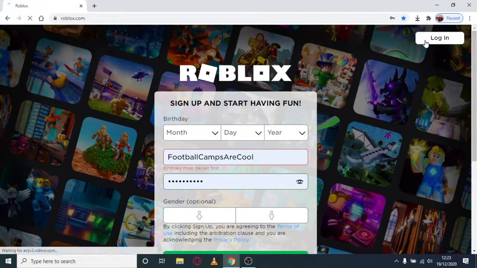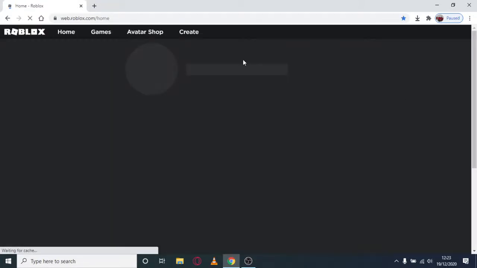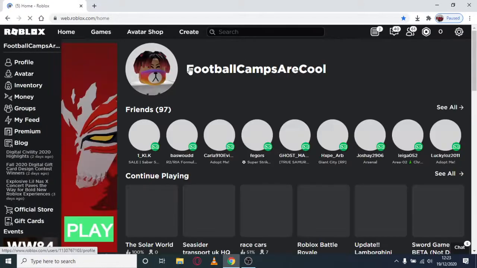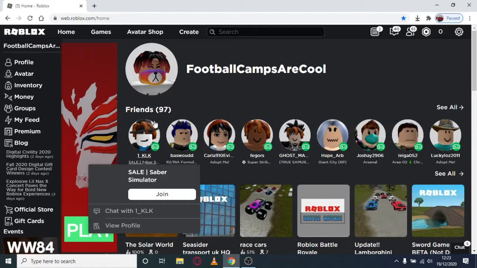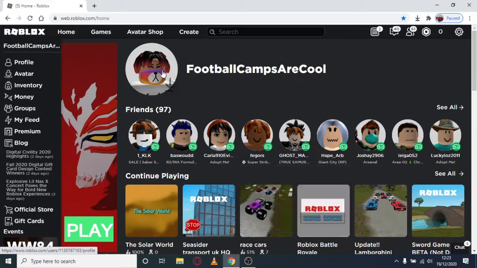Once you sign up, you log in, and this is going to show your username and all your friends. You're probably not going to have any friends once you start off, but I already do, because I've had this account for quite a while now. So once you're on this,